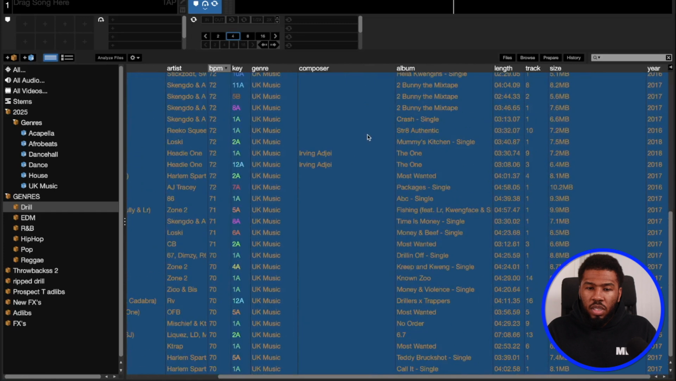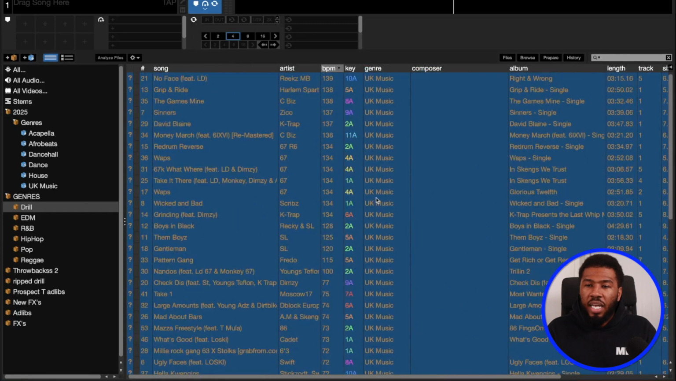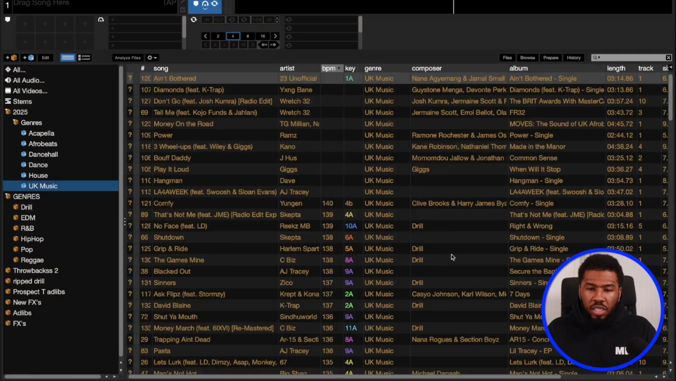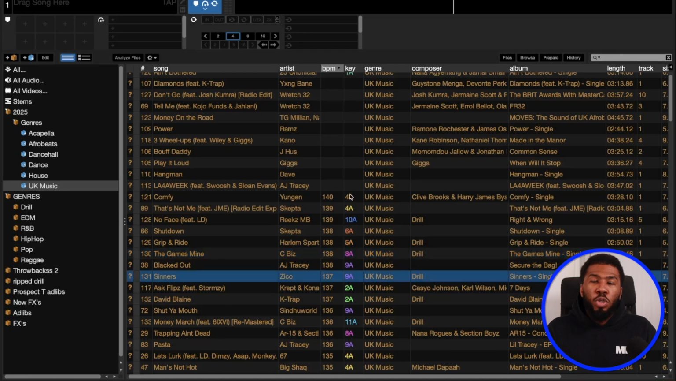Now, nothing is really inside composer apart from these two things here. So what you can do is have your subgenres here. So I'm gonna put in here drill, yeah? So all these tracks are drill. Now, we can't actually access them from here. Don't get me wrong, there's a lot of drill in here, but if you just want to play drill,